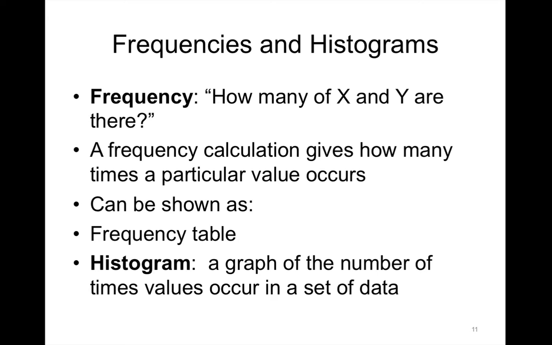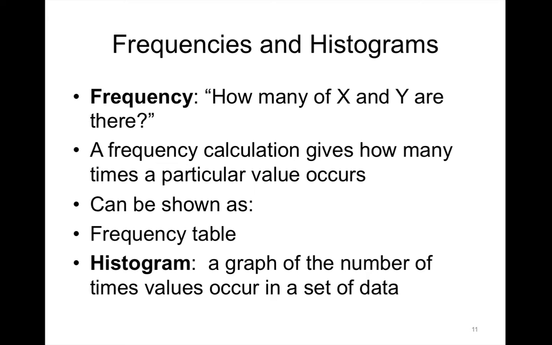Frequencies answer the question, how many of something is there? Recall that nominal data are things like names, labels, or categories of data. Examples of nominal data are patient names, genders such as male, female, and unknown, and marital status, married, single, divorced, widowed. Frequencies are primarily shown in a table format and also in a histogram, which looks like a column chart,